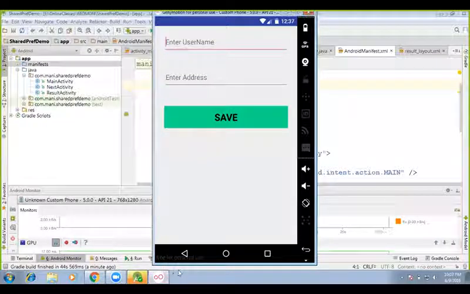Seema. Enter the name as what? Money. Enter the address as what? Hyderabad. When I click on save, what happened? The two values will be saved over there, right? When I click on the username,